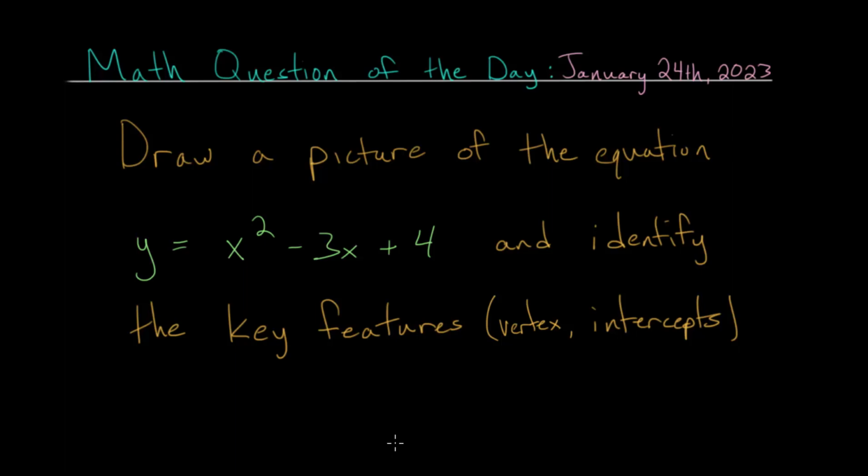In this video, I'd like to talk about the math question of the day for January 24th, 2023. And for this problem, we need to draw a picture or a graph of this quadratic equation, the second degree polynomial, which will essentially create a picture of a parabola, something that looks like either an upside down or a right side up U. And we also need to identify the key features, the vertex and the x and y